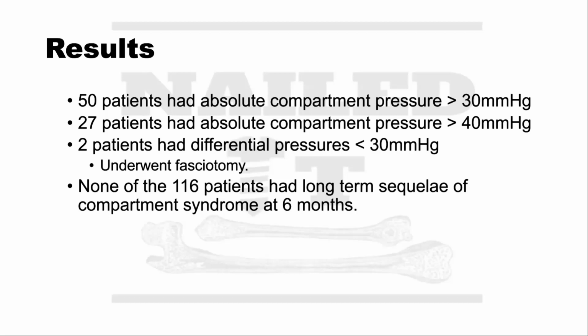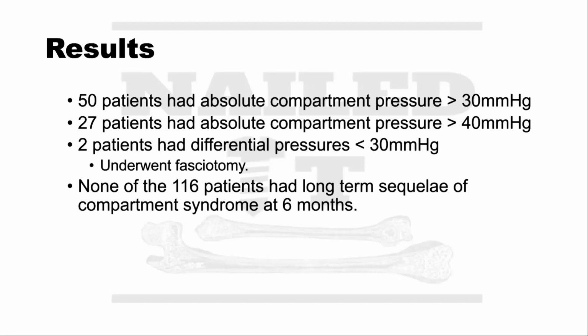So what that means is that the fact that none of them had any long-term sequelae, including those patients who had absolute pressures above 30 and 40, shows that using absolute pressures as a threshold isn't really reliable. Those people with pressures of 35 or even 45 had pressures above the threshold and everything still turned out fine. Using those thresholds, for example, 30, that means 50 patients would have had to undergo unnecessary fasciotomies, which is not